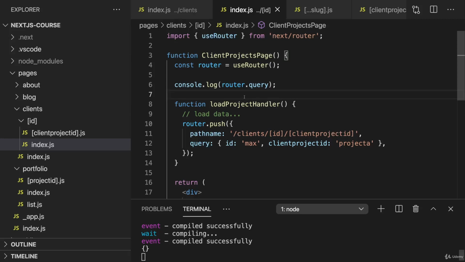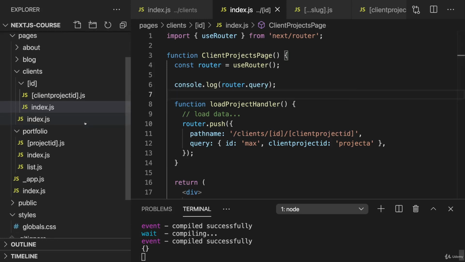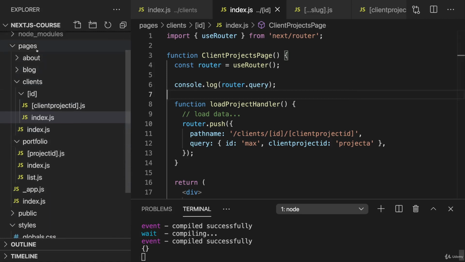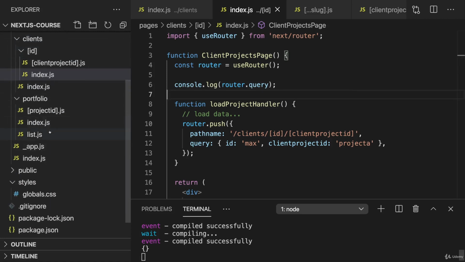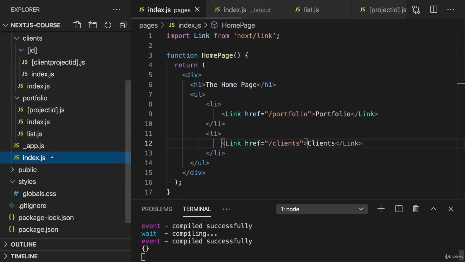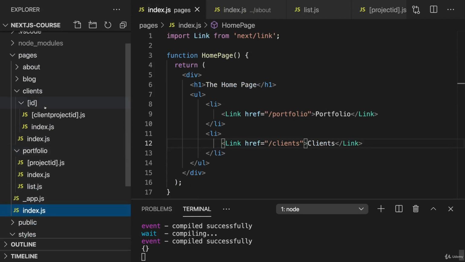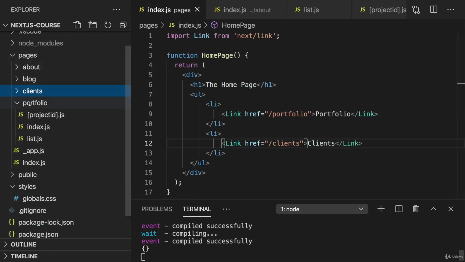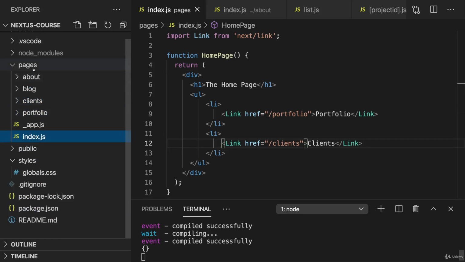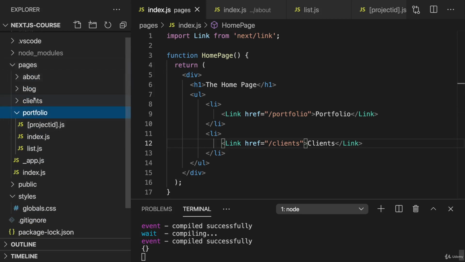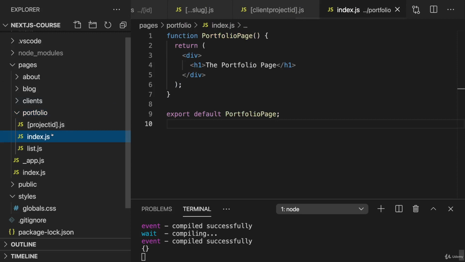And that is it for this course section. We now had a detailed look at file-based routing and how we set up pages and how we navigate between pages with Next.js. We had a look at the pages directory and that the files and folders in there have a special meaning. Index.js is always treated as a root page for the given folder, so either the overall root page, if it's an index.js file in pages, or in portfolio or other subfolders, index.js would be loaded for